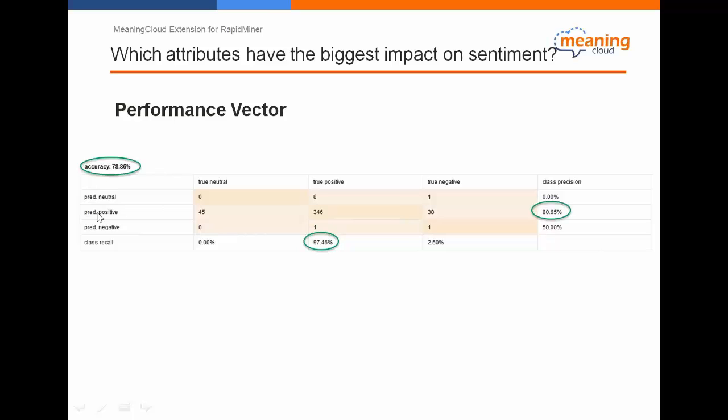And in a similar way, this row is about precision. In all the cases where we predicted a positive polarity, only in 346 cases the polarity was really positive. So the precision of the prediction of the positive class is 80%.